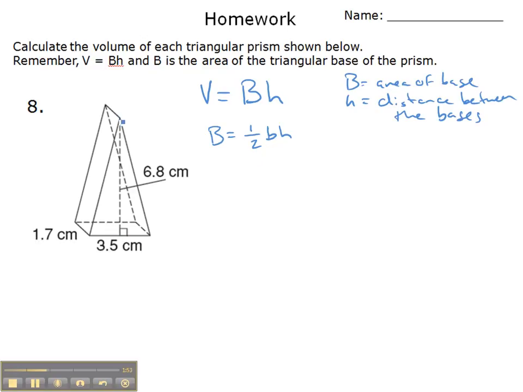Let me outline this triangle. Focusing on this triangular base, the base of the triangle is 3.5 centimeters. So big B equals 1/2 of 3.5 times the height of the triangle, the perpendicular distance to the base,